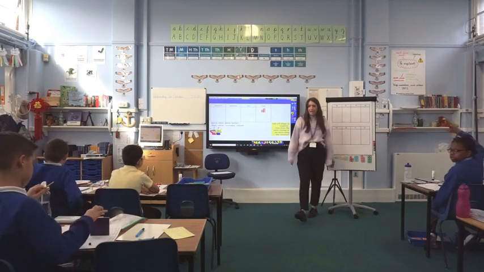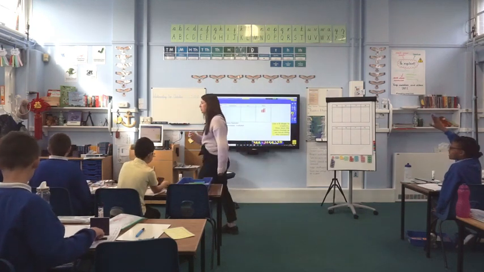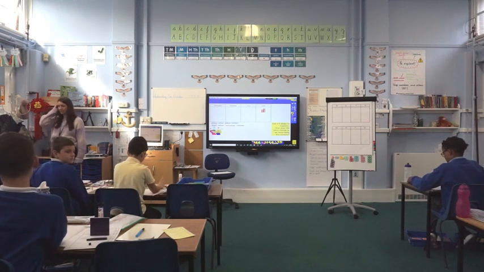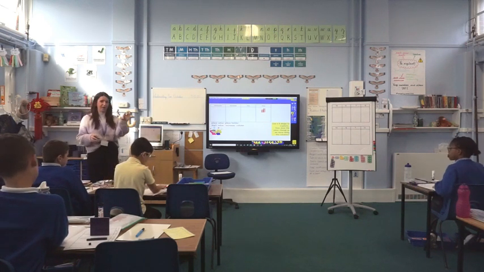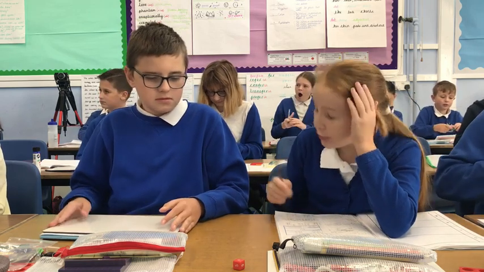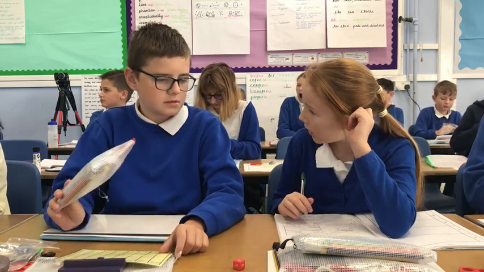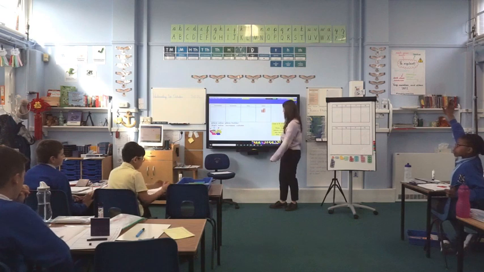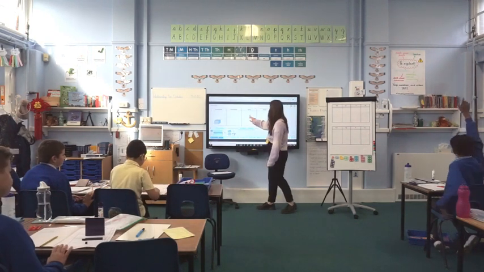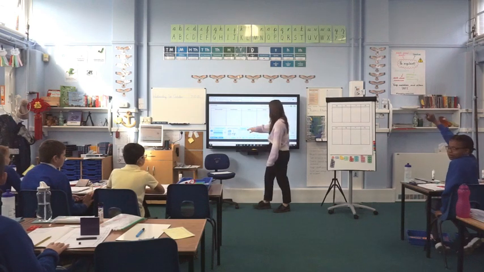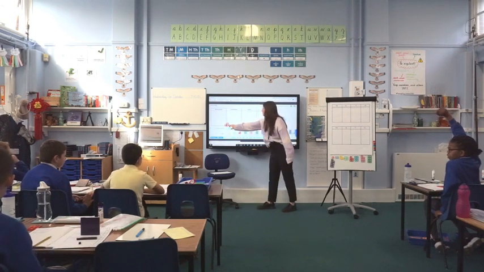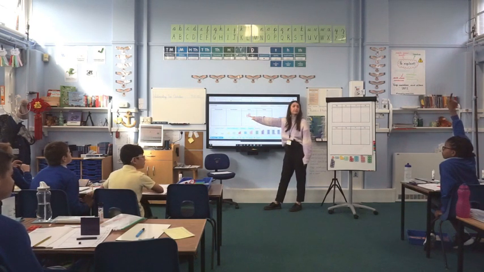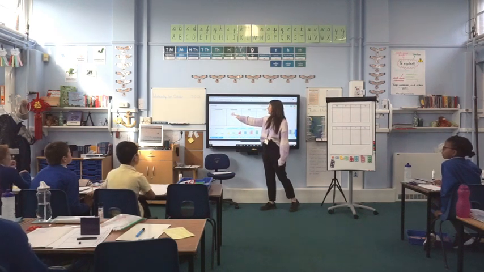Okay. Using a 5 then, using your 5 shape in your place value chart, show me how the values of that 5 change. You can write the numbers down on your whiteboard if you like, or on your other place value chart. Show me what happens to the value of that 5 as it moves along the place value chart. So what happens to that 5 as it moves along that place value chart? Well, how does the value change? Abigail, it moves from being, I haven't made this one movable. It goes from being worth, the value of it goes from being 5 to 5 tens, which is 50, 5 100, 5 100,